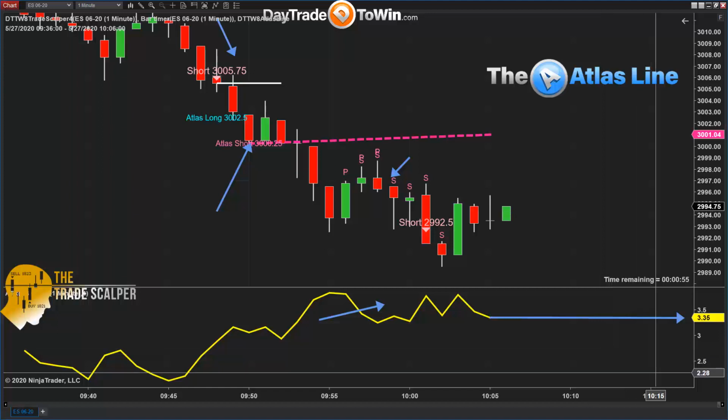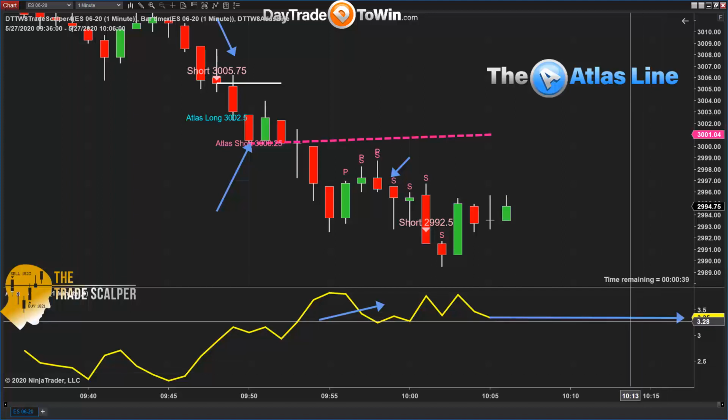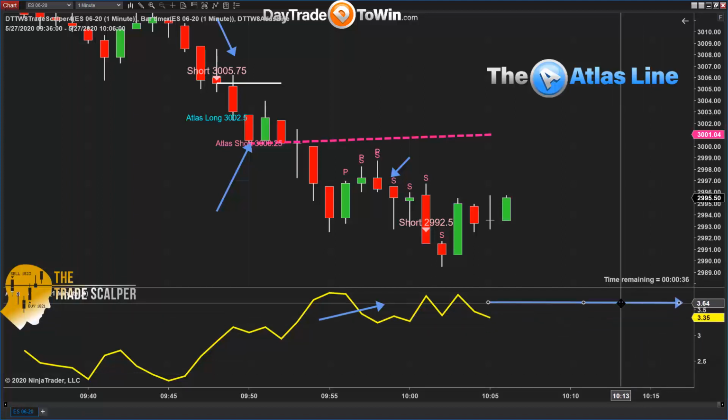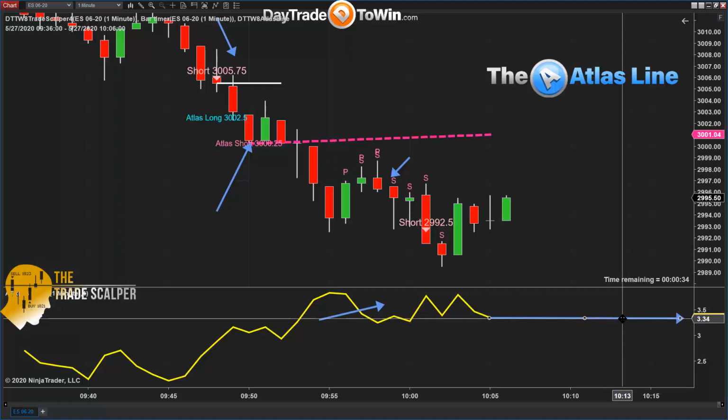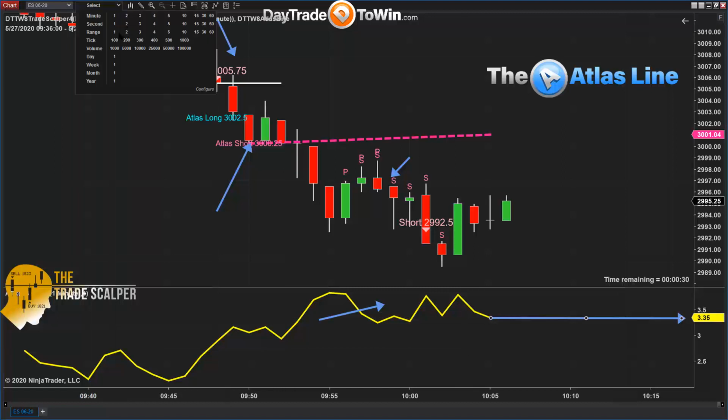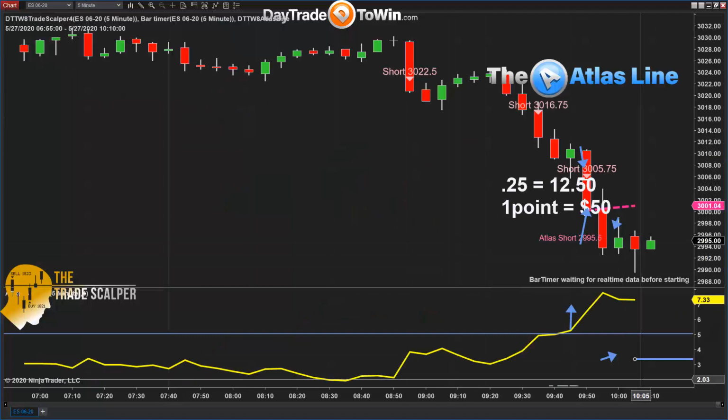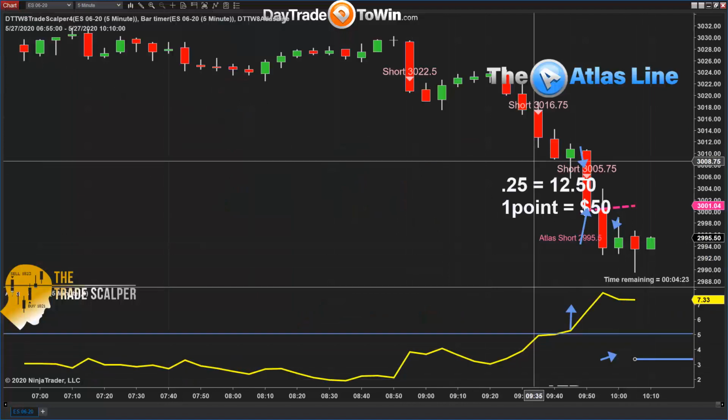If I change this to a 5 minute chart, it will be much higher and above 5 points. The problem is that I don't want to risk a lot of money with large stops. If the ATR is between 1 point and 5 points, it's fine. But if it's above 5 points, it becomes too high of a risk. For example, in the hundreds of videos I have out there, the market on a 5 minute chart was between 1 point and 5 points.